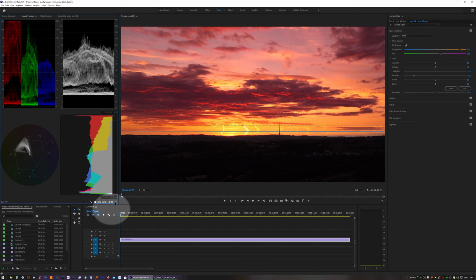This is 8-bit footage that I'm processing. If you've got 10-bit floating point or HDR footage, you can change that. But for DJI Mini 2 footage, it's 8-bit. So as a quick description of these, the RGB Parade is effectively showing you the colour balance in the image. Now I have pushed this image to be a lot warmer than it should be, but this is an example where a lot of people insist that you must get your red, green and blue channels equal, and in this case that wouldn't work. I'll show you what happens if I try and equalize those